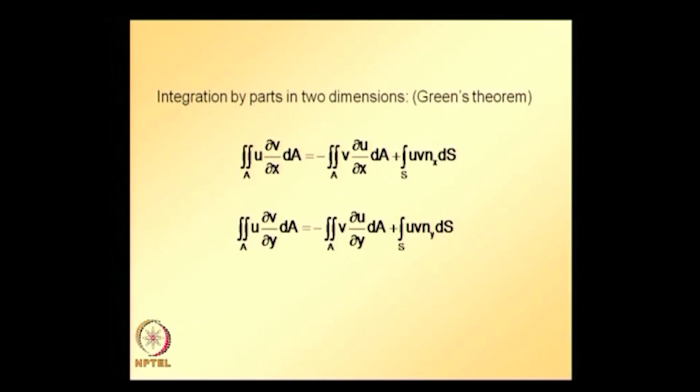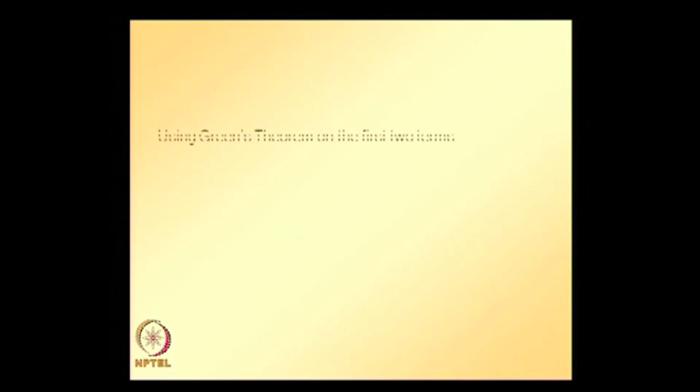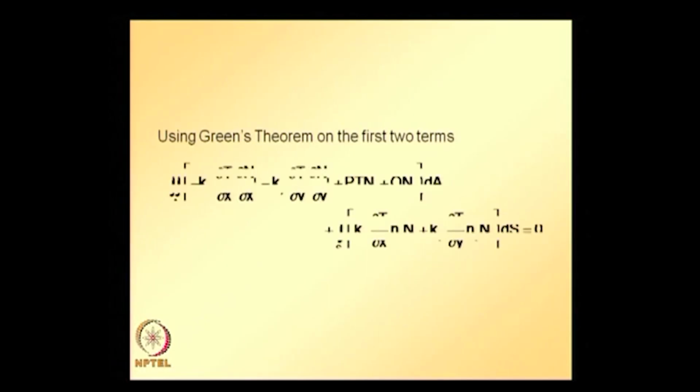We use these two formulas to simplify the earlier equation. Here n_x and n_y are the direction cosines of the outer normal to the boundary. So using Green's theorem on the first two terms of the equation that we obtained using Galerkin criteria, we get this equation,